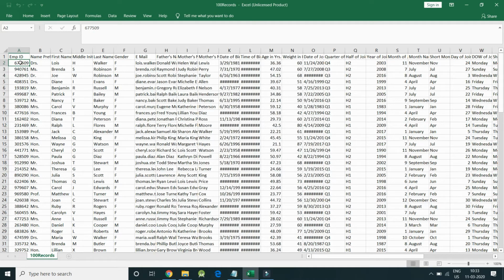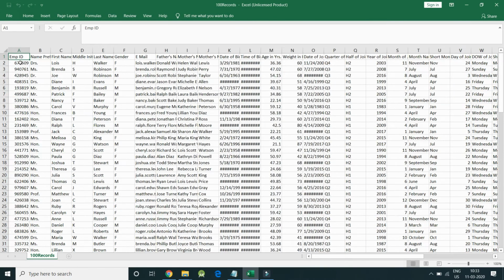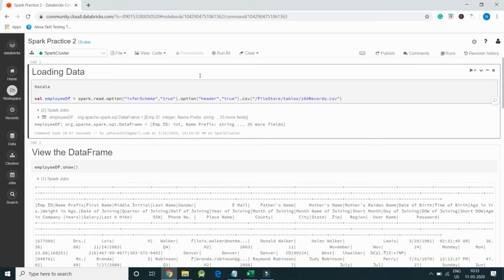For example, employee ID will be integer, name prefix will be string, first name will be string, middle initial will be string, and last name will be string, and so on. It will be inherited automatically. We have a lot of columns in the CSV file, and all these columns will be inherited by inferSchema true.